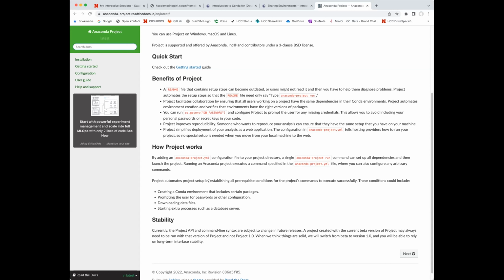So again, it takes the concept of reproducibility of the Conda environment and it adds some things to it. For example, prompting the user for passwords or configuration, downloading data files, starting extra processes such as a database server. So if you need something more than just what a simple Conda environment can offer, you might want to look